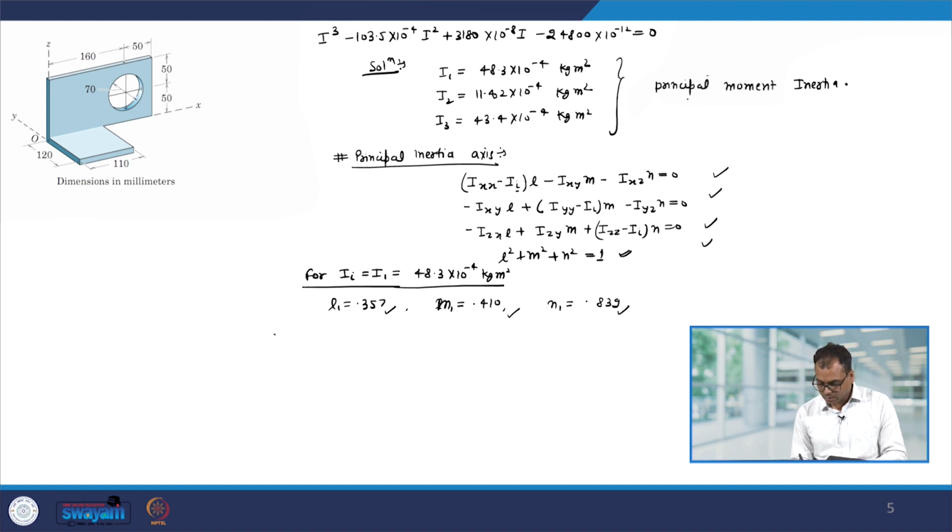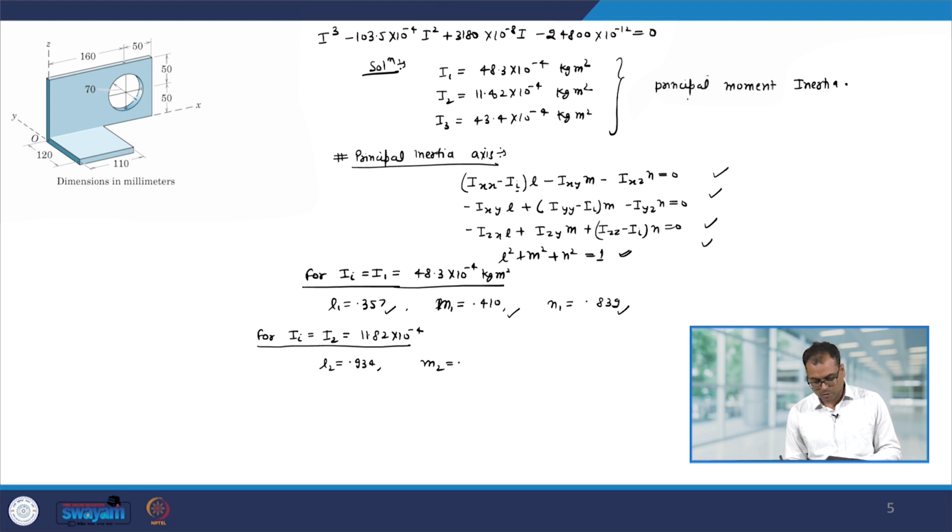Similarly, for Ii equal to I2 equal to 11.82 × 10^-4, you can find out again the L, M and N. So, here L2 comes out to be 0.934, M2 comes out to be −0.1742 and N2 comes out to be 0.312. And similarly, for Ii equal to I3, that is equal to 43.4 × 10^-4 kg m²,